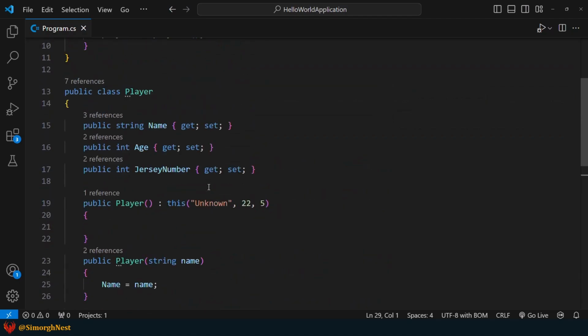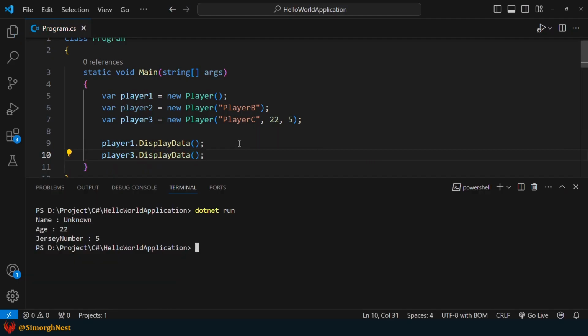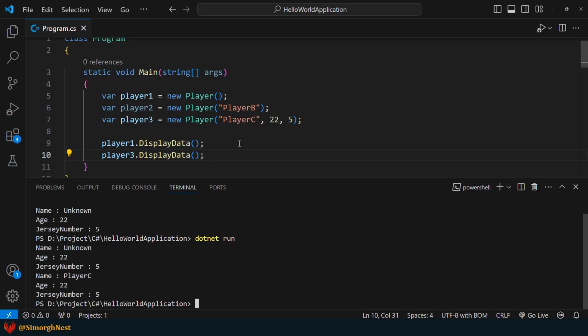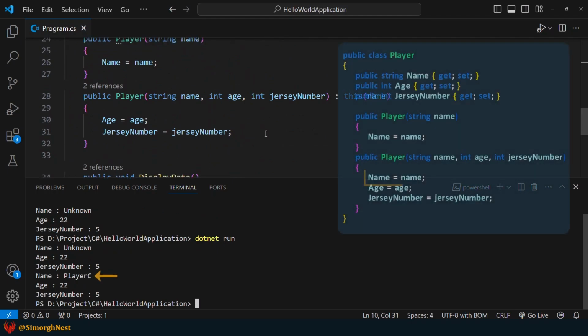Okay, let's call the displayData method on the player3 object. As you can see, name still works even though we removed that line of code.